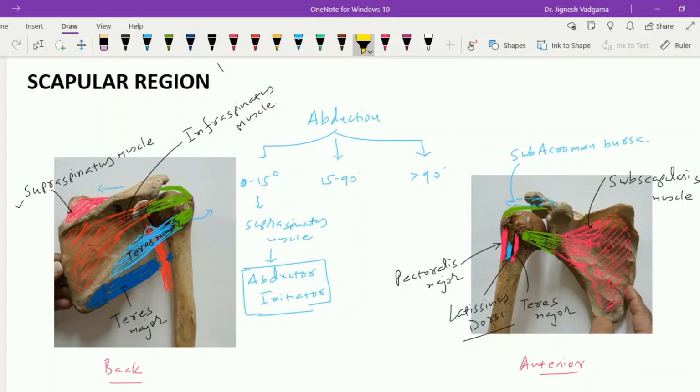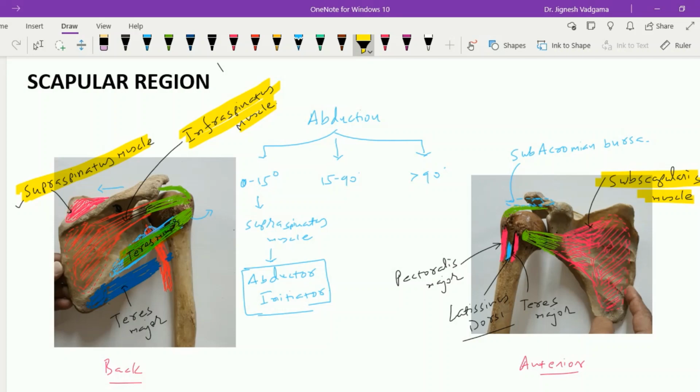That's why these four muscles: supraspinatus, which inserts over the upper impression of the greater tubercle, infraspinatus, which inserts over the middle impression of the greater tubercle, teres minor, which inserts over the lower impression of the greater tubercle of the humerus, and the subscapularis muscle, which inserts over the lesser tubercle of the humerus,